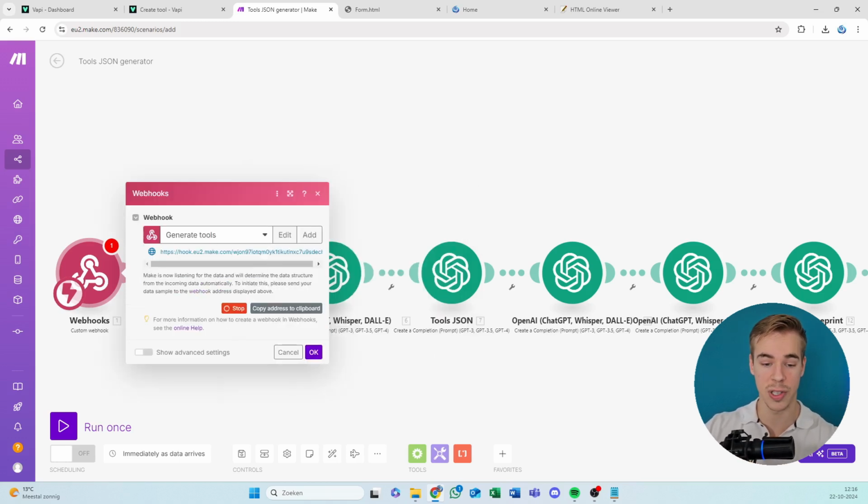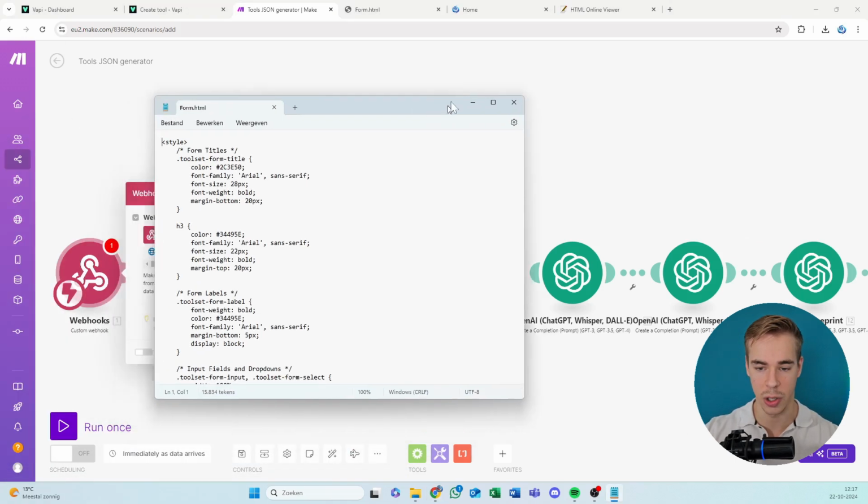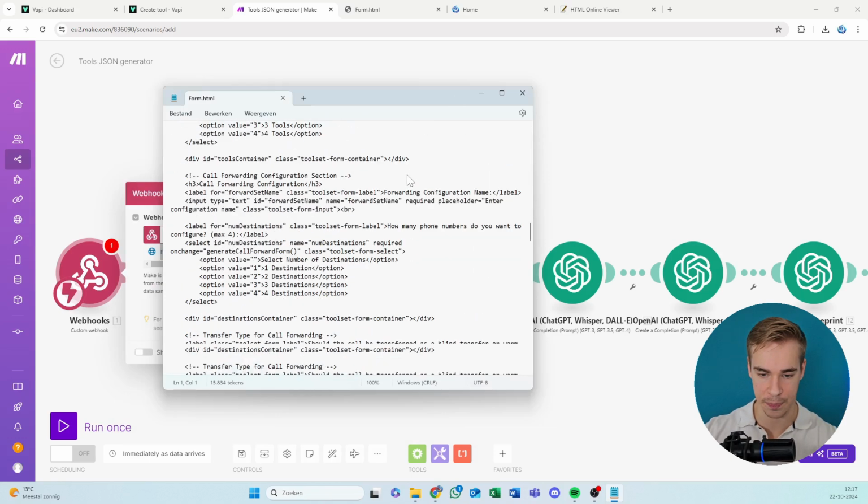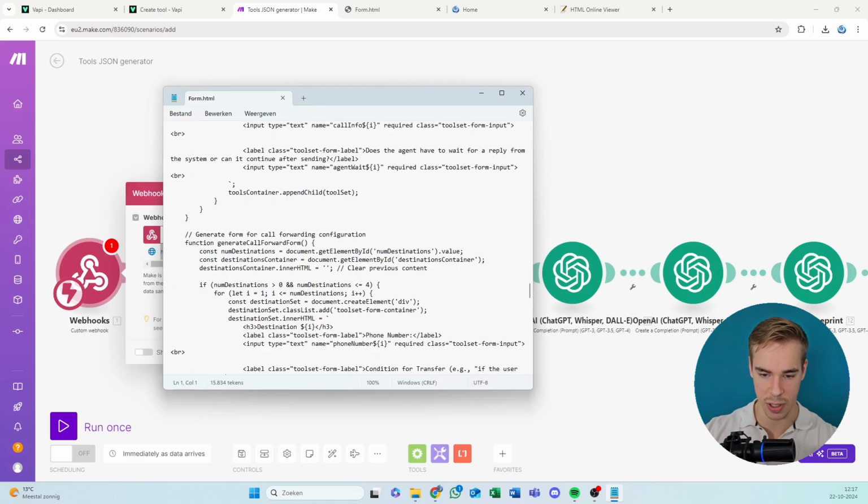And this is the webhook, this is the URL that your form is going to send all of its information to. So the entire tool configuration that you put into that form is going to be sent to this specific URL. You're going to click copy address to clipboard. So you're going to copy this entire URL,